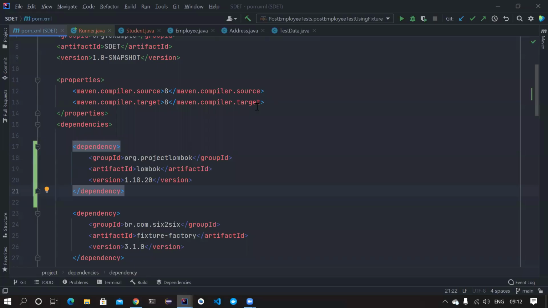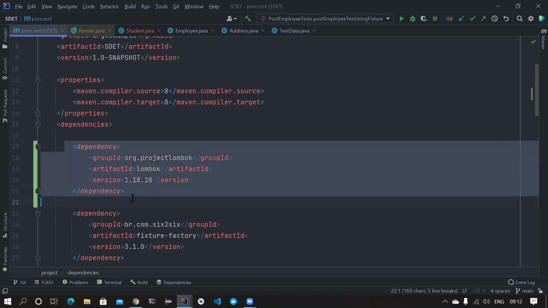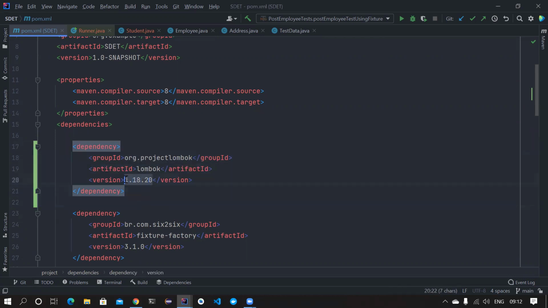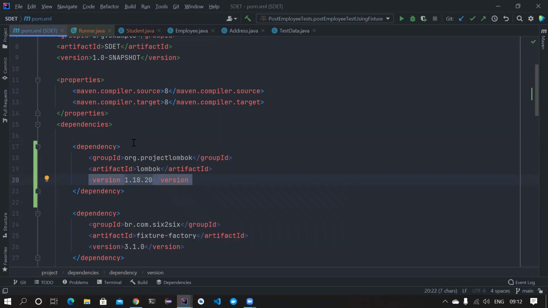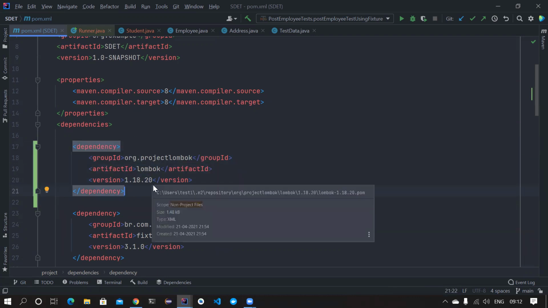Welcome back. To work with Lombok, we need to add the Lombok dependency to the Maven pom.xml, and I have added this Lombok dependency. By the time you are watching this video, you may have to use the latest version. The IntelliJ IDE comes with the Lombok plugin installed in it. If you are using Eclipse, once you download this dependency, it will be available inside the M2 repository.